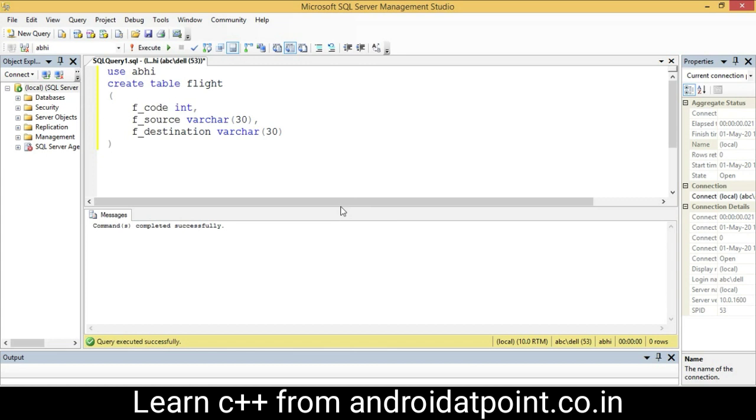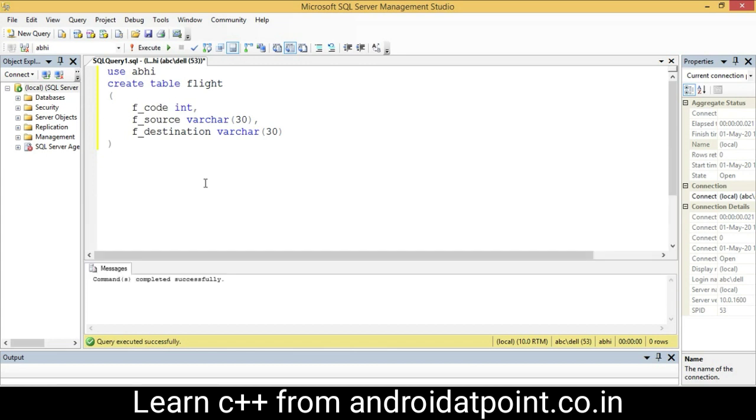The flight table was successfully created. Next I need to insert some records into the flight table, so I write the query: insert into flight values, flight code 1, source Delhi, destination Mumbai.